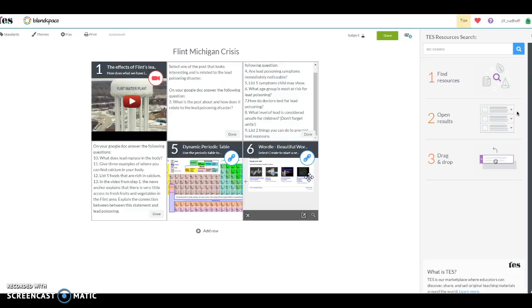Okay, so if my students were going to use this, I think once they're introduced to Wordle, they'll probably use this again. I think it's a great tool. It's very interesting. It's eye-catching. And as far as the blend space goes, something I thought you could maybe do is once the students have